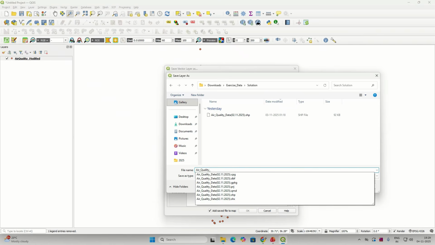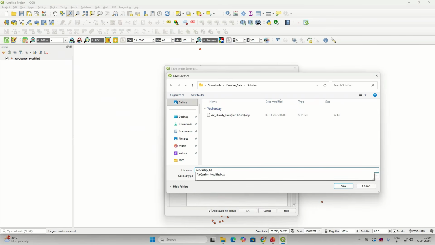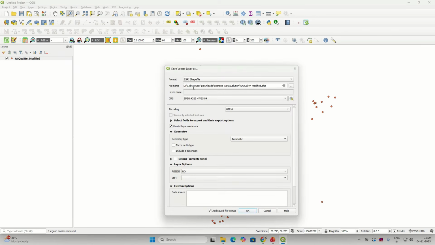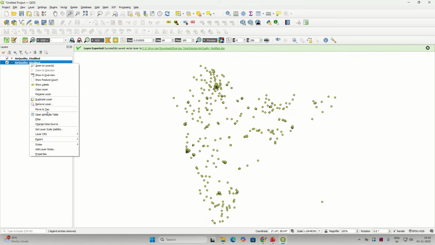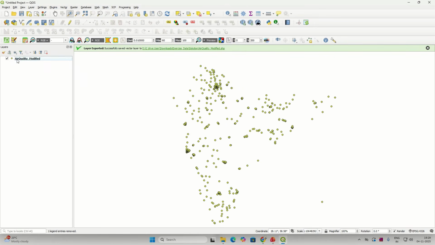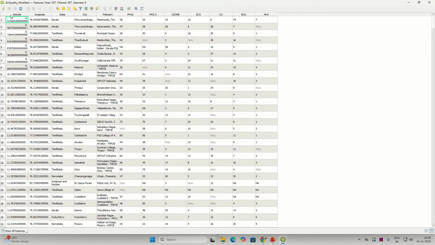as a shapefile, air quality modified. Save. Okay. So this is text data. I will remove it. This is your vector layer. Open the attribute table and